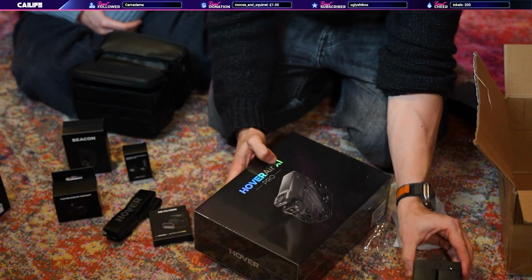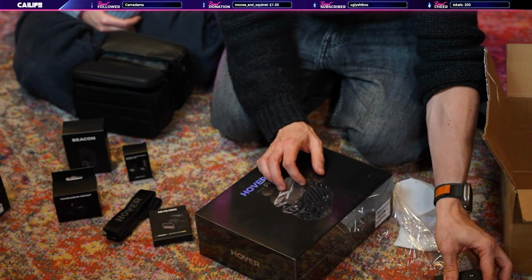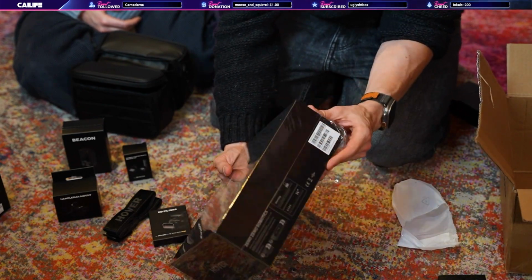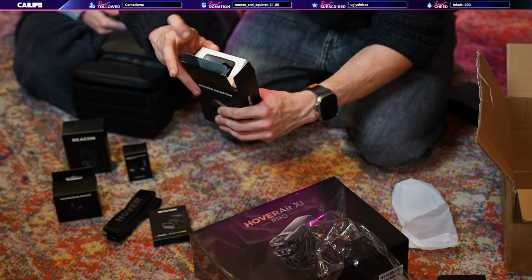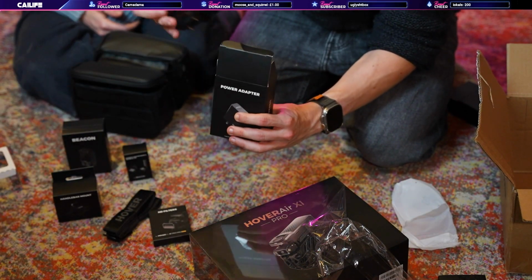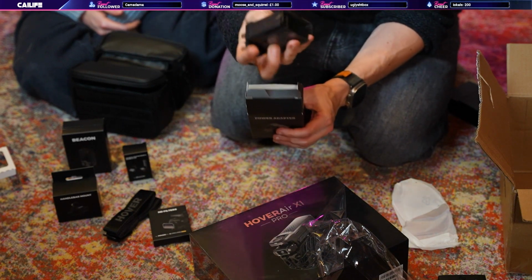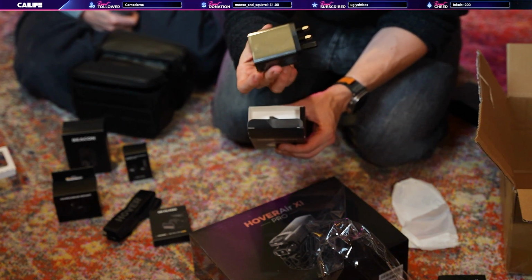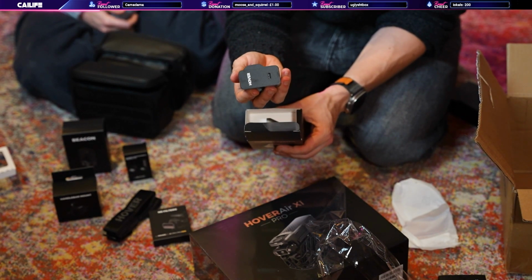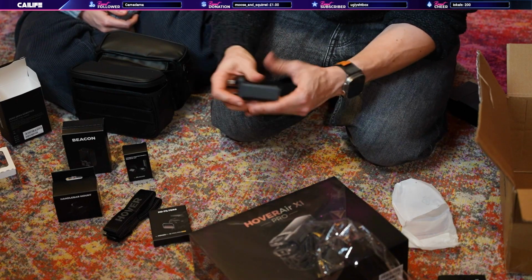I'm slightly concerned that this battery has decided not to do anything whatsoever. Not quite sure why that is. Also, although it might be in there, I was about to say, no, I haven't come across a USB-C charger yet, unless it's in here. Nope. That's very heavy duty though. I think this is a 65 watt charger, to be fair. That is a very heavy duty plug, in all fairness. In fact, what I might do...